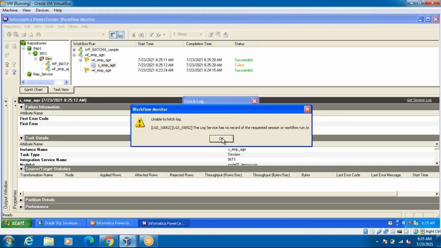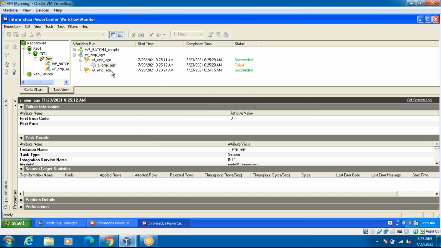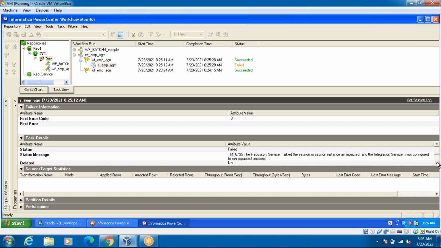Now to fetch the log: logs are not recorded for the requested session or workflow. So there is some issue on the job side itself. Whenever we execute the job, it's failing. It's not executing the job at all. So we have to raise this as a P1 issue because we are unable to go to the next level. The message says the session or session instance is impacted, and the Integration Service is not configured to run the impacted session.